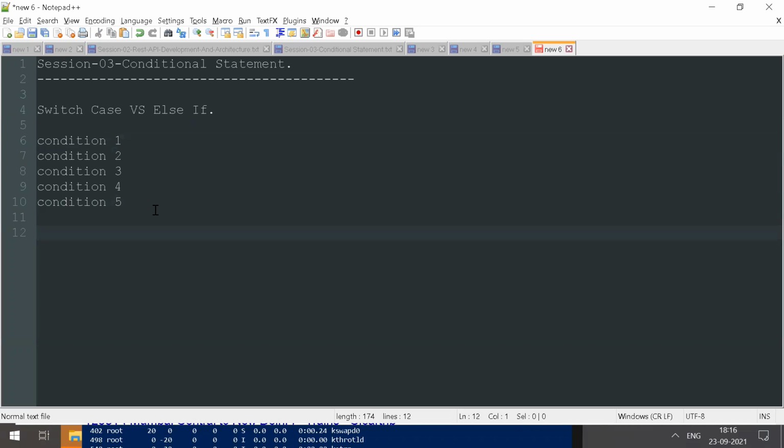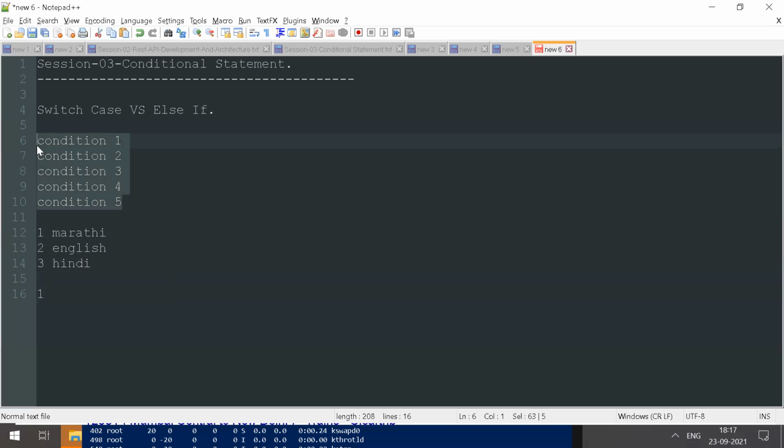Switch case follows a single switch and case, meaning you have to give a number. Suppose you have listened many times to call center contact details: one for Marathi, two for English, three for Hindi, this kind of thing. Suppose you enter one, so it will execute only one. It is not going to check the second or third condition. But else if checks all the conditions until it gets a match.